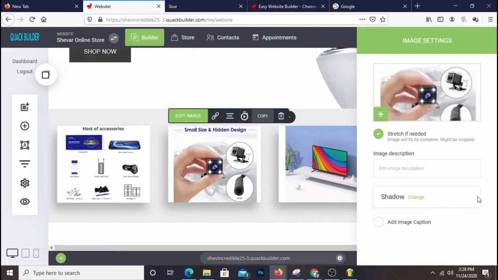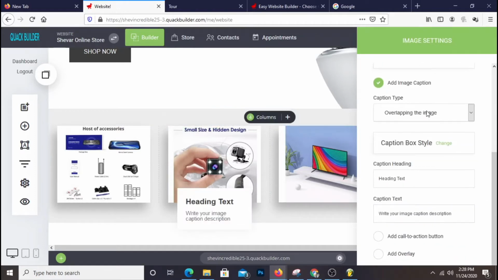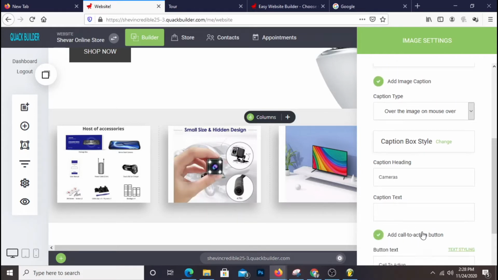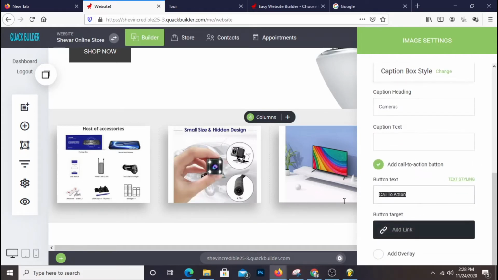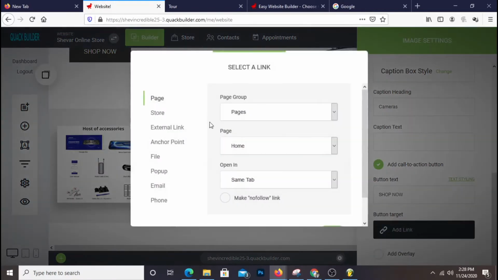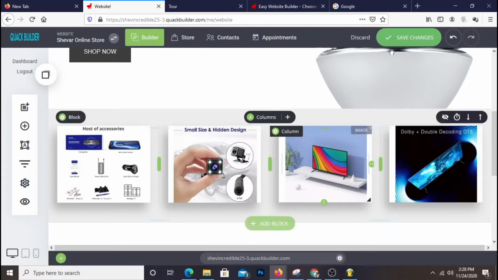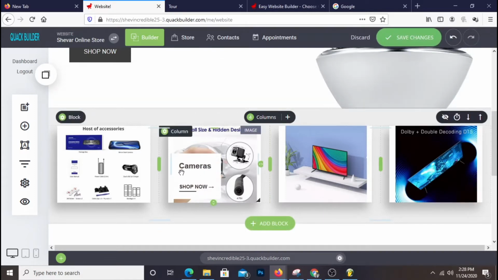So I click add image, do the same thing, and for the caption for this one, I can say cameras. I'm just basically making categories right now. Oops, I don't want to add overlay, I want to add call to action and say shop now, and then I'm just gonna put it to the store again, and the caption, that's the way it is. So yep, cameras,